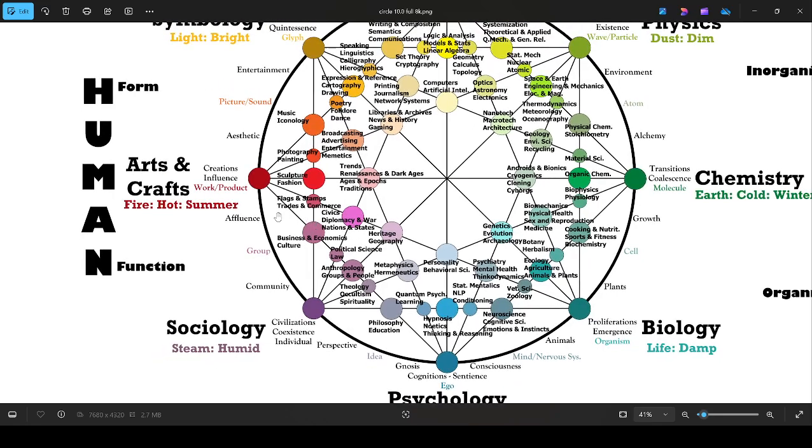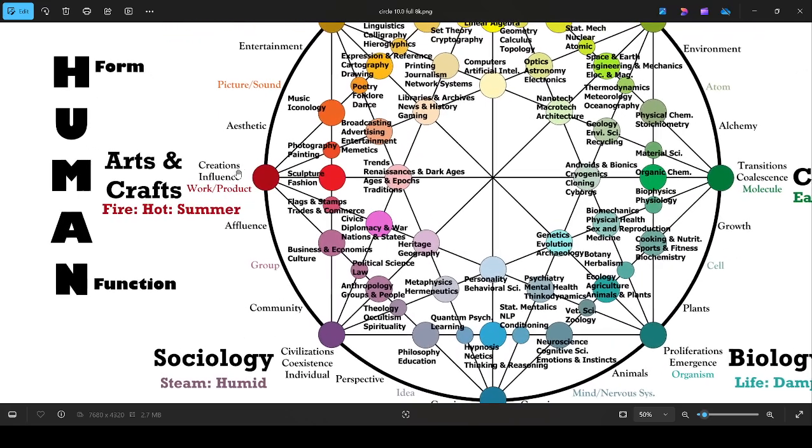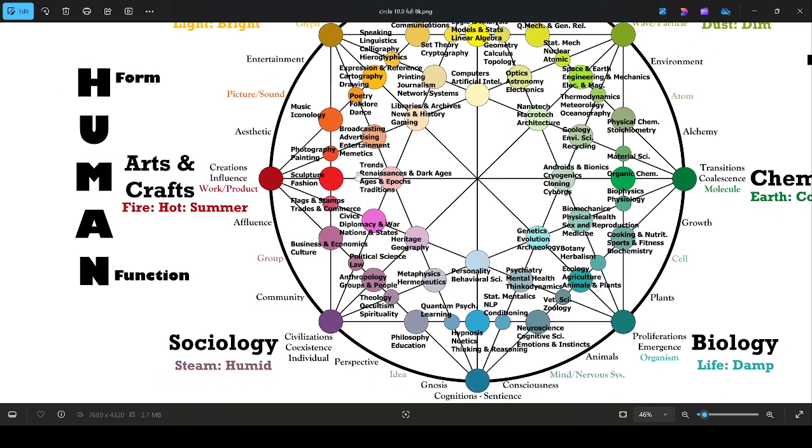Okay. Arts and crafts. Now on this one, I didn't quite split it here. I said, okay, it's a works or a product. You can see some of these outside words, aesthetic and affluence. So for arts and crafts, again, I don't have the two split, like groups and people or plants and animals. Same with here, it's just organic chemistry. But you'll notice the same trend happening where it splits on each side of these. You'll notice